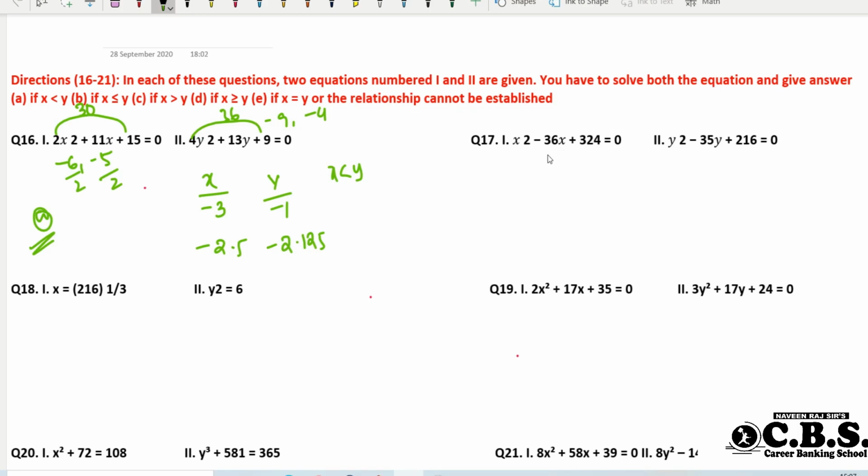Then here it is 324. This is 18 square, nothing but what? The value here is 18. So you only convert with the 18 value. Okay, because it is the (a minus b) whole square formula, so what's your answer? The x value, how much is it? Absolutely it is 18. Okay, go for the next equation of this one.